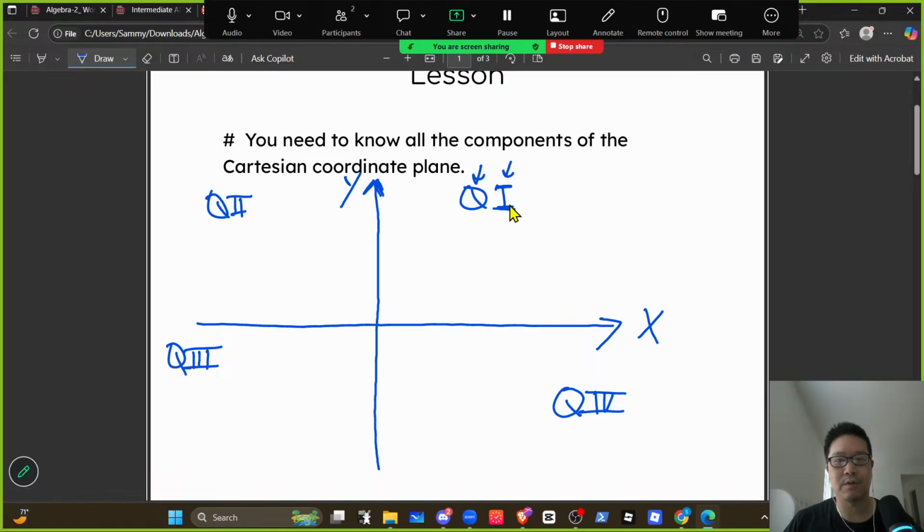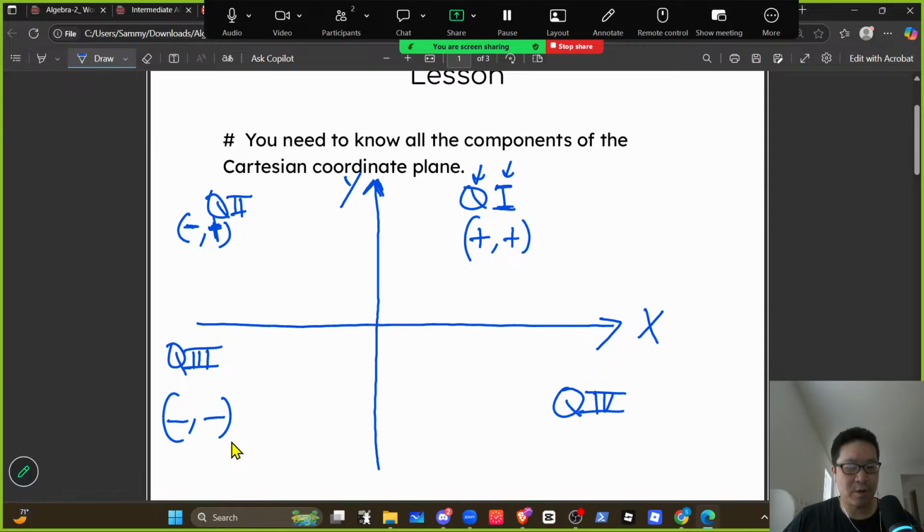And we label, there's also the idea of positive and negative numbers. So the first quadrant is always positive and positive, meaning the x value is positive and the y value is positive. Okay, quadrant 2 is going to be where the x value is negative and the y value is positive. And quadrant 3 is when you have both negative values for x and y. And then quadrant 4 is when you have a positive value for x and a negative value for y. Okay, and this should make sense because,